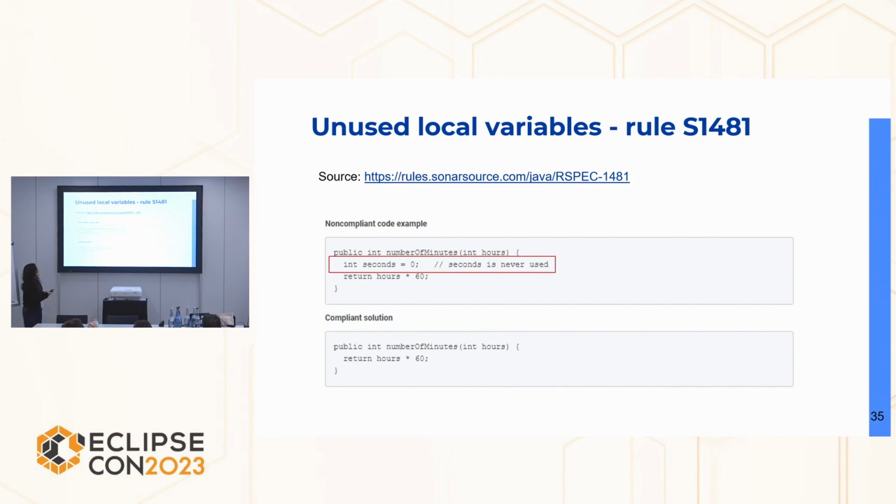Another one that we use, and the second most common rule, is unused local variables. It means removing something that they're not using. And this one in particular, as TAs, we were extremely thankful for, because they understood that, hey, if I'm not using this, I should just remove it from my code. And they actually started writing way cleaner code than before.